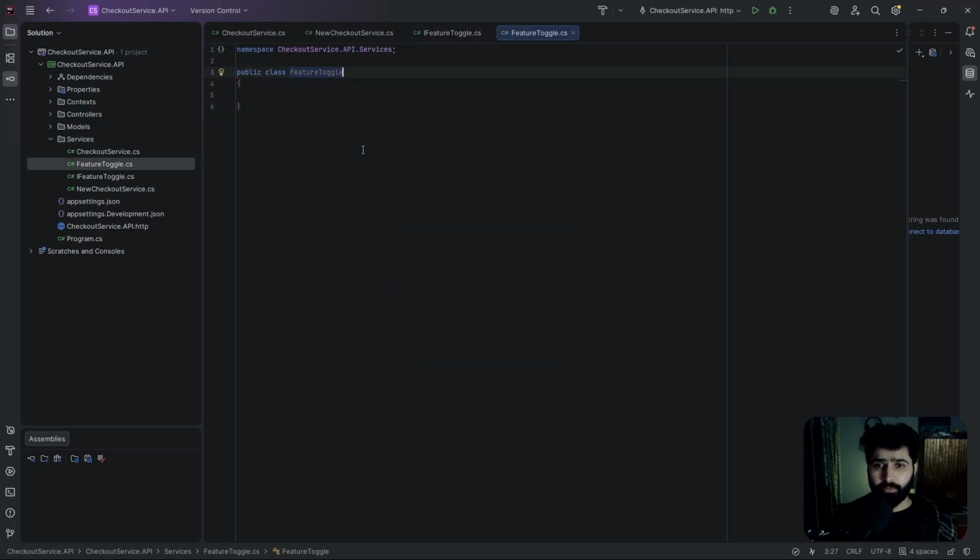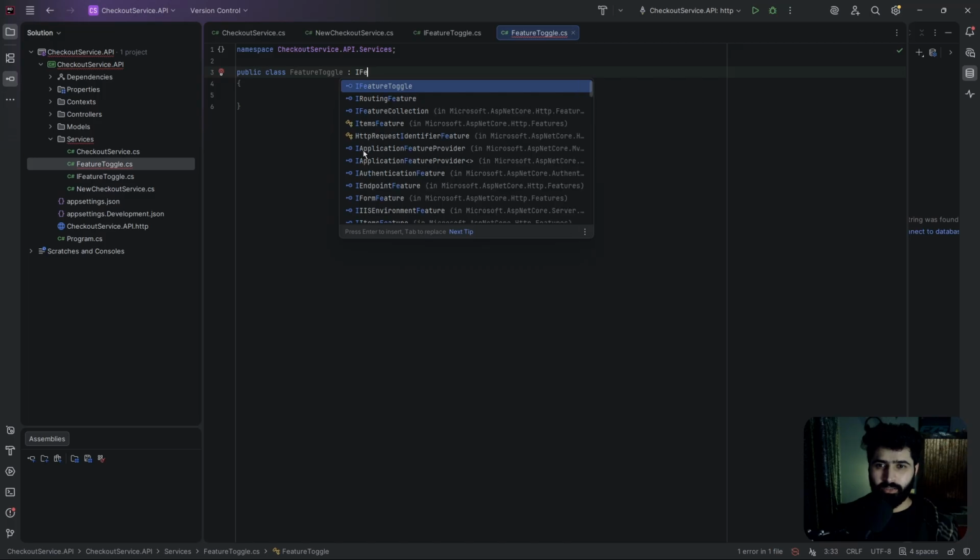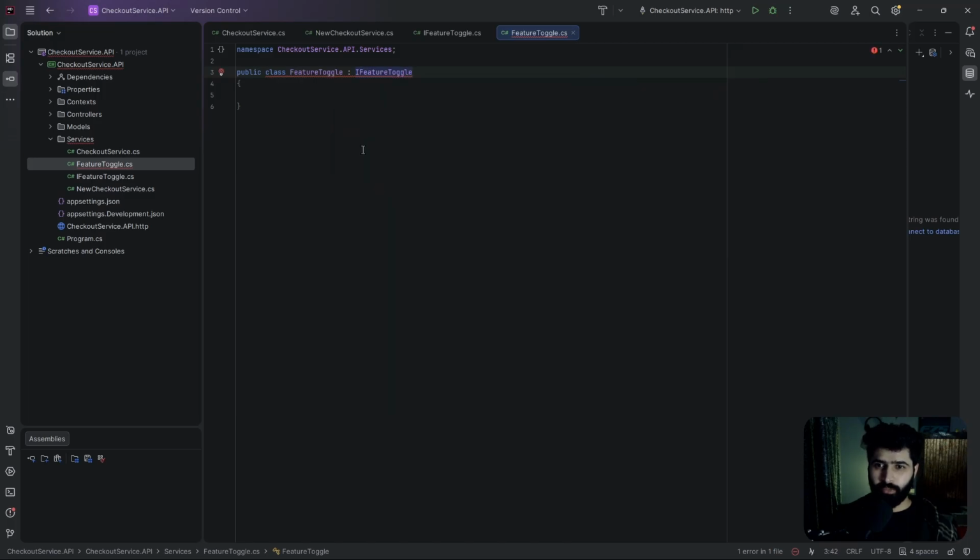All right, so for the feature toggle, I will implement the missing members here. Cool. All right,